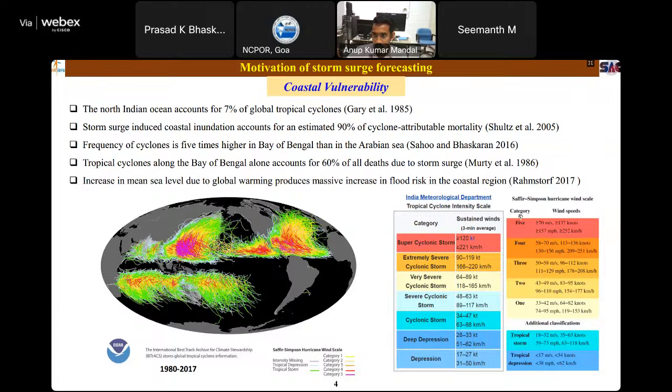The categories are different based on the Saffir-Simpson scale. Here you can see it is tropical depression, then tropical storm. Then there are several categories based on the sustained wind speed, let's say category 1, 2, 3, 4, and 5. Also, you can see there are knots, and they have also been defined in kilometers per hour. So these are the basics